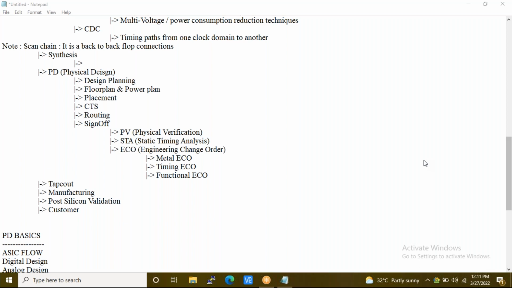Now, the difference between PD and the front-end course. As the name suggests, PD means physical design. It comes under the backend domain. Being a backend domain, it won't involve any programming kind of expertise. The front-end domain is a more programming-oriented job. You will have to be good with programming skills like Verilog, System Verilog, and UVM. All those things will be covered as part of the front-end course.